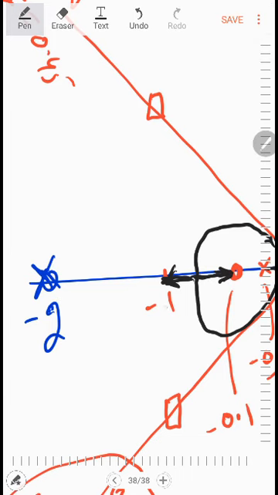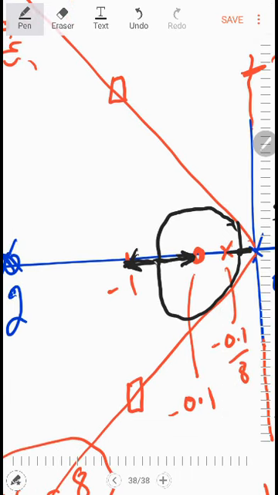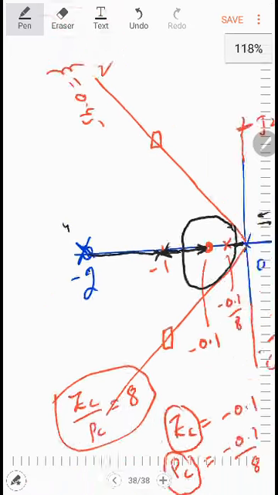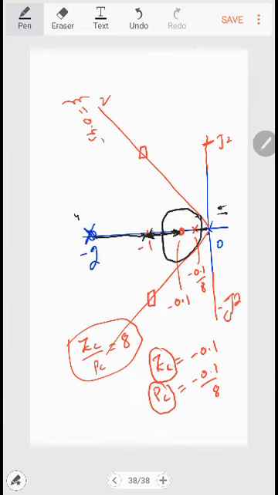Meanwhile, we have 1, 2, 3, and this is 4, if we are counting the number. So from the even number of the poles, the root locus will lie toward the right of the pole, so it will move toward this side. Again, it will meet at -1. So at -1, the breakaway point will happen, and one will go toward this side, and the other one will go toward this side. So both these points are now on the root locus.